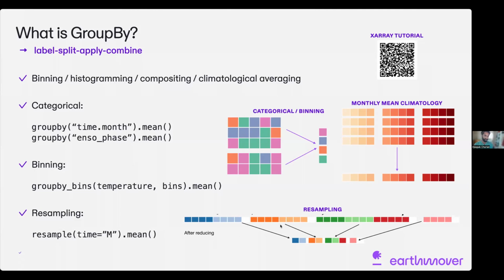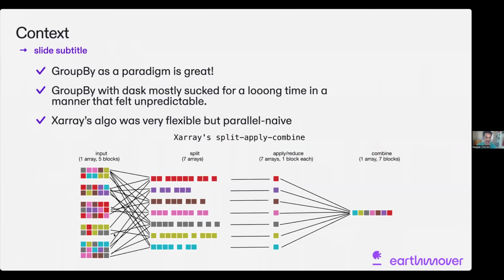So all of this is GroupBy, and all of this has the same underlying infrastructure, even though they all kind of look different. Like you're grouping by a categorical thing, you're binning, in this case by temperature, or you're resampling to a frequency. But fundamentally, conceptually, they're all the same thing. And so as a paradigm, GroupBy is great. Once you get the hang of it, a lot of analysis tasks very naturally can be represented as a GroupBy,